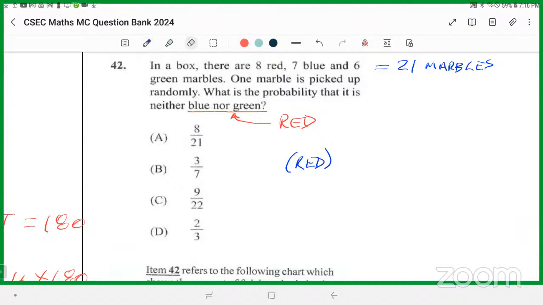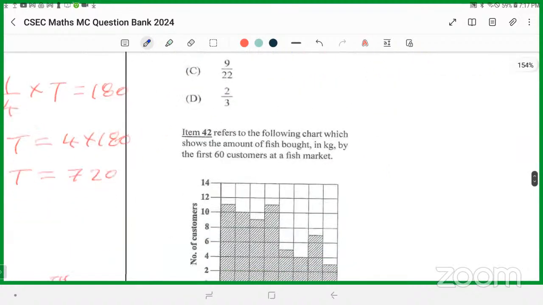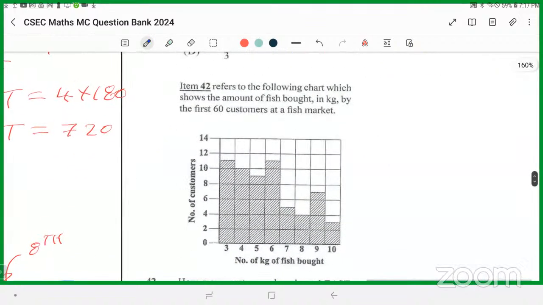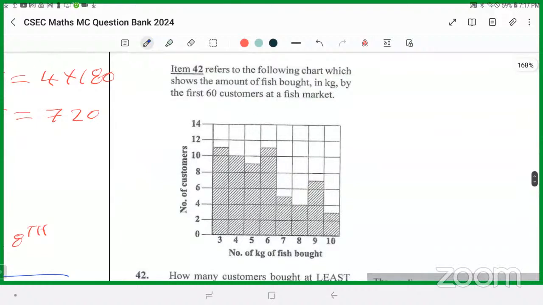So same as saying the probability of picking a red is equal to, how many reds there are? 8. 8 reds. 8 over 21. So the answer right here, so first one, 8 over 21. This question down here says, item 42 refers to the following chart, which shows the amount of